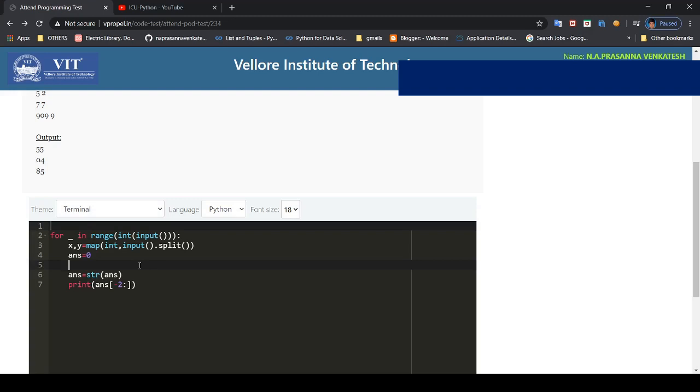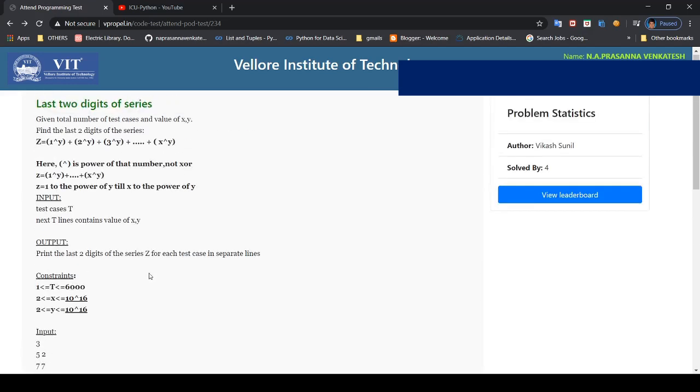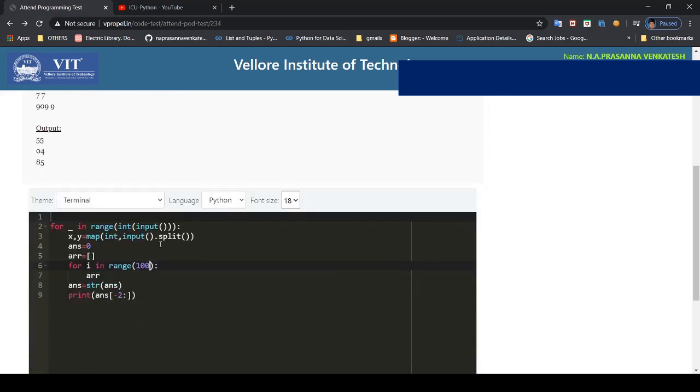So let's create an array, and for i in range of, what shall we say, x plus 1. No, we'll just create an array. Actually this should become 100. Why? Because of the last two digits.